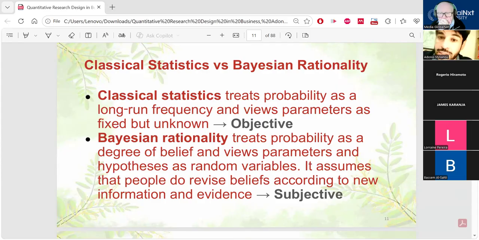Unlike classical statistics, which treat probability as an objective entity, as a property of the world which we cannot influence, Bayesian rationality recognizes that actually our subjective beliefs could